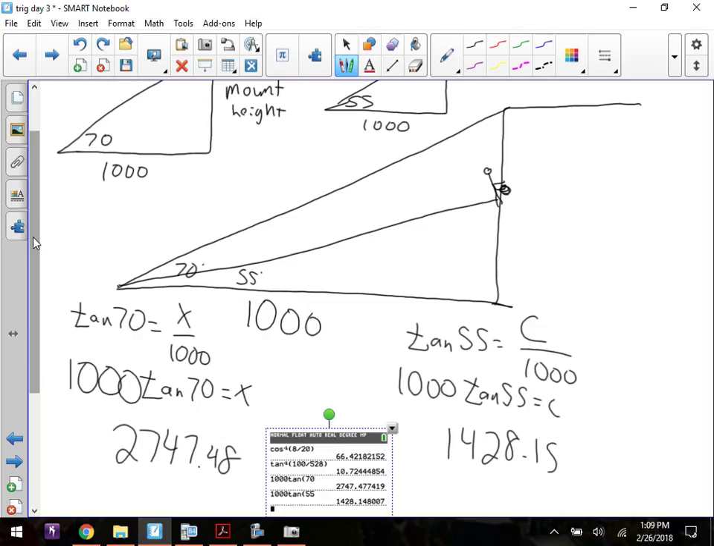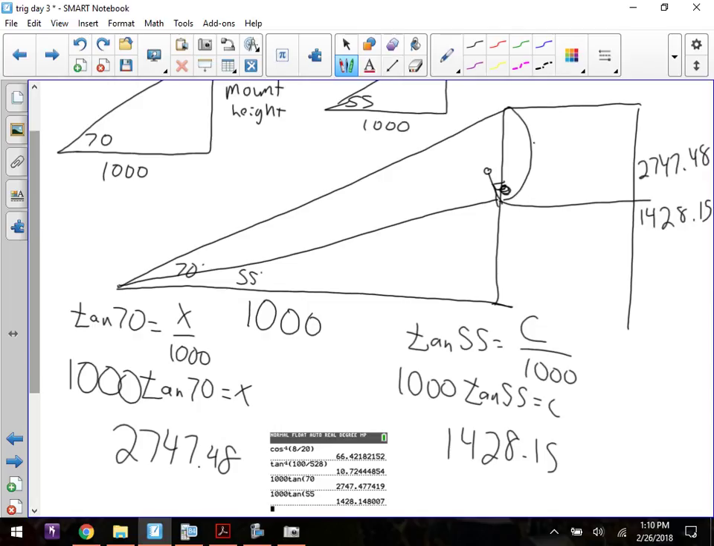You'll get the 2 distances, knowing that the overall was 27,47.48, and this guy got up to 1428.15. That means for this leftover distance, you just have to subtract out. When you subtract those out,